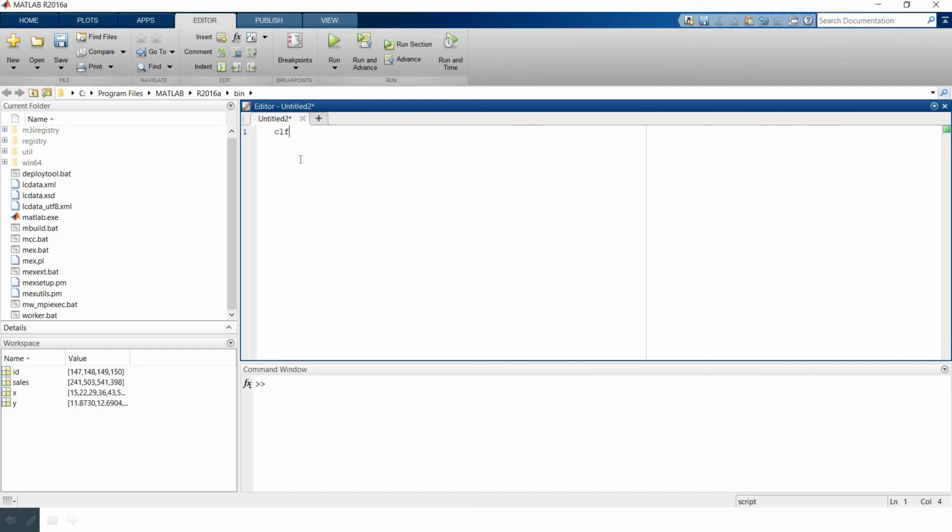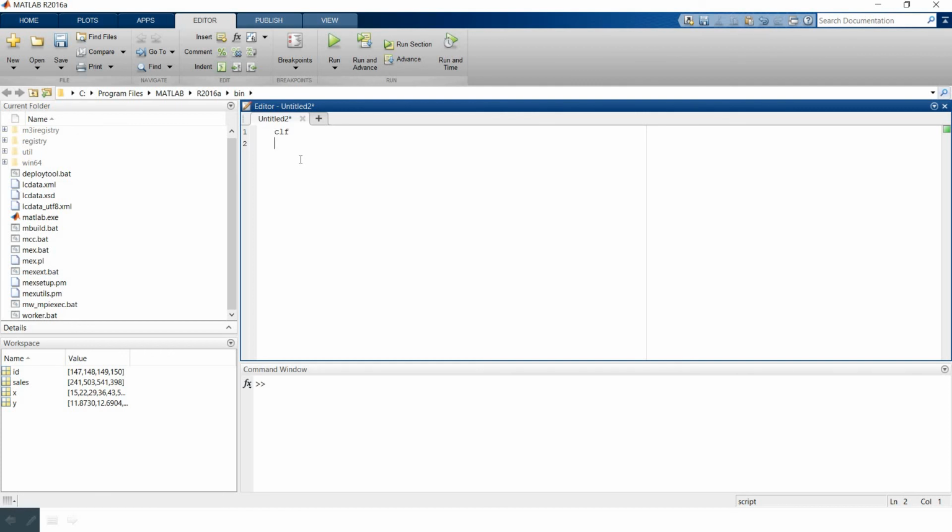It is the same as clc: clc will clear the whole window and clf will clear the figure. Now let's suppose we are entering the data of some shopping mall you are going to. There is an ID for a certain product, and it has the number of sales in thousands.